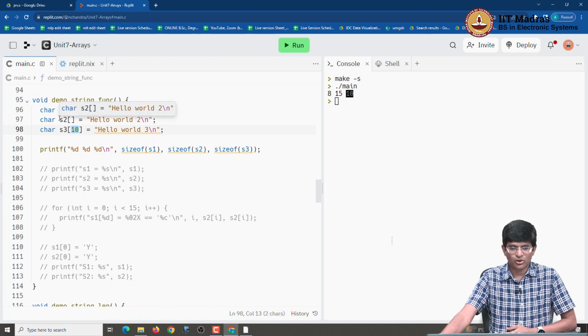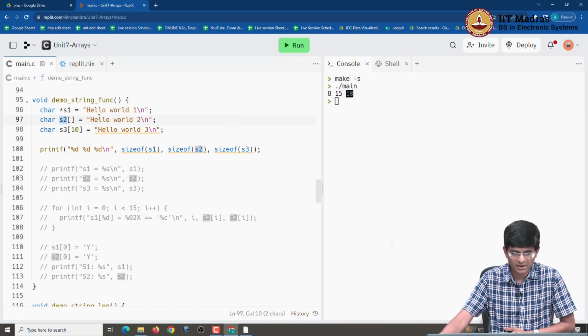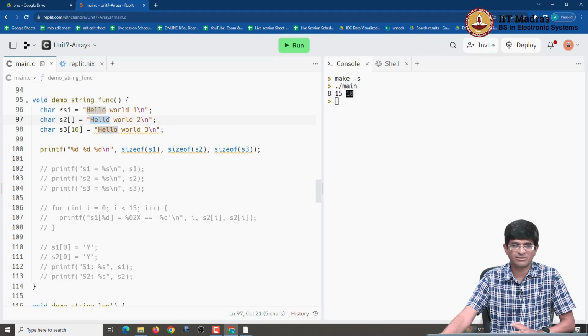Just on a related note, of course, how did the size of S2 come out to be 15 bytes? Let us make sure we understand exactly what is happening out there. H is 1 byte, HELLO is 5 bytes, because this is just plain ASCII characters. The space is the 6th byte, WORLD, we have 11 bytes, there is a space, 12 bytes, there is the number 2, 13 bytes, and this \n, like I told you, is a single byte, it is one character in